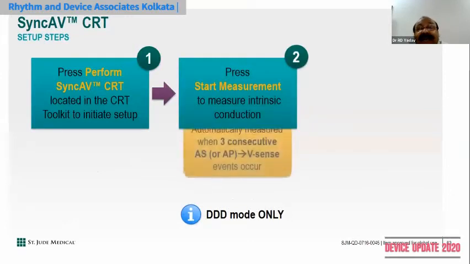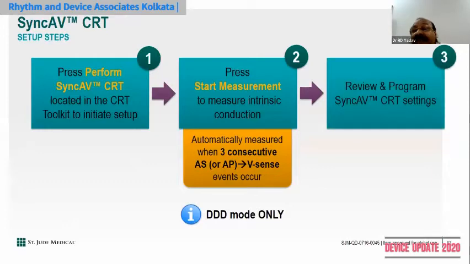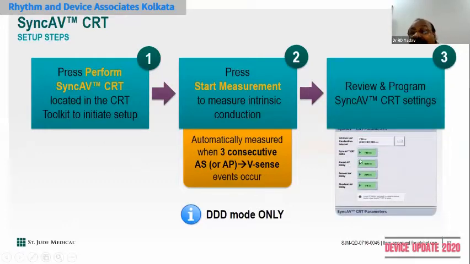Locate it, start measurement, and then you have to look at the ECG and see where the QRS is narrowest, and that minus delta you have to fix. Like this, say minus 50 has been fixed, and whatever sensed interval you fixed from before doesn't matter. It will check and subtract that delta. Say minus 30, you can do minus 30. Say if intrinsic conduction is 180, and you have set the delta of minus 30, then 150 will be the paced interval of the LV. And what will happen? You measure the QRS. If it is narrowest, then you keep that. So you have to look at it.